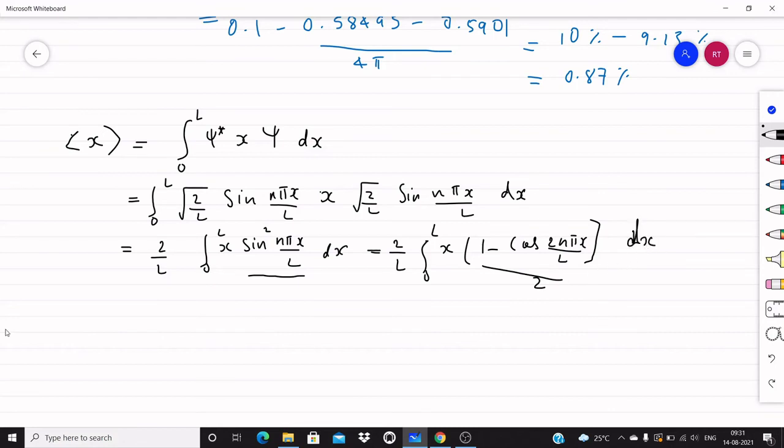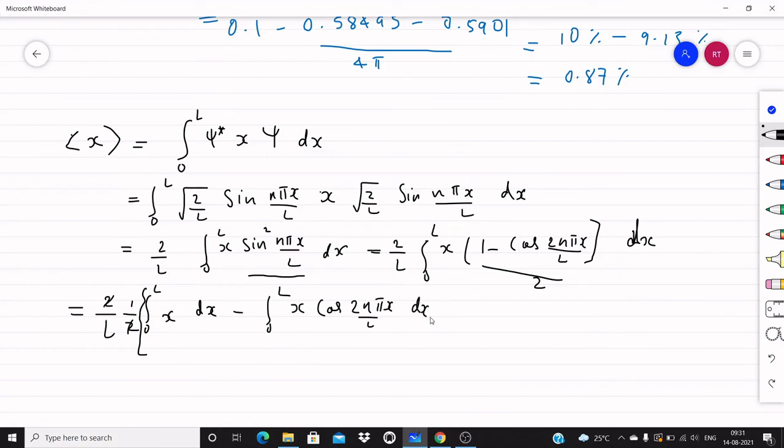Okay, dx. Now you have to multiply with the x, 2 by L. Now you have two integrals, 0 to L x. This 2 can be taken outside, so that can be cancelled. Now integral x dx minus integral 0 to L, constant is common here, x cos 2n pi x by L